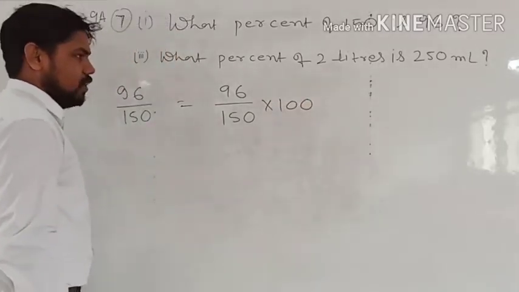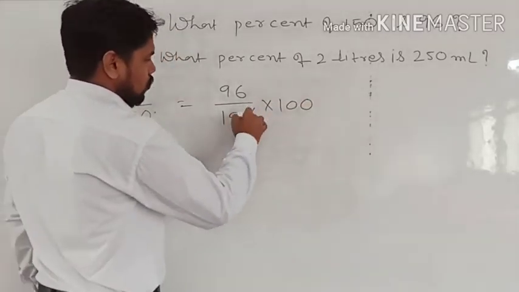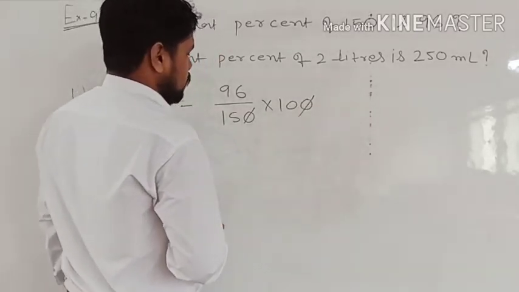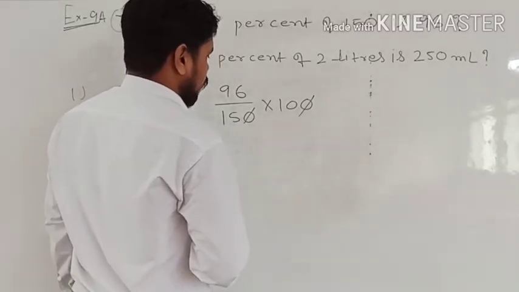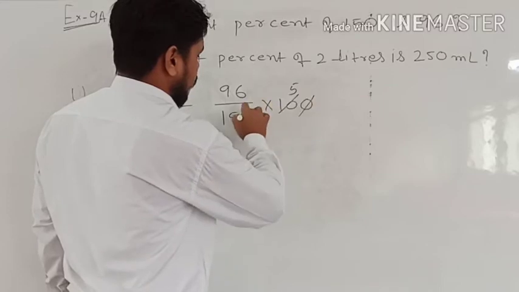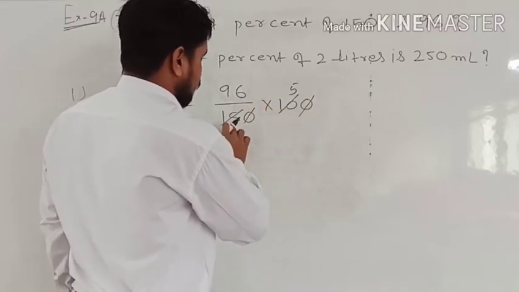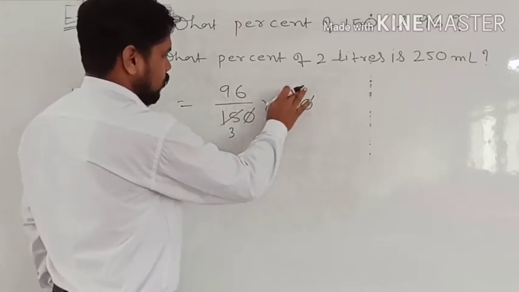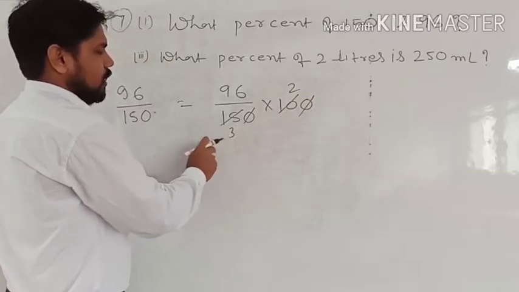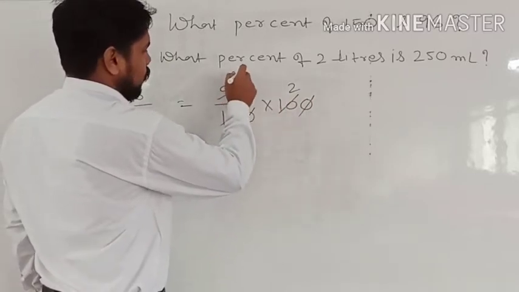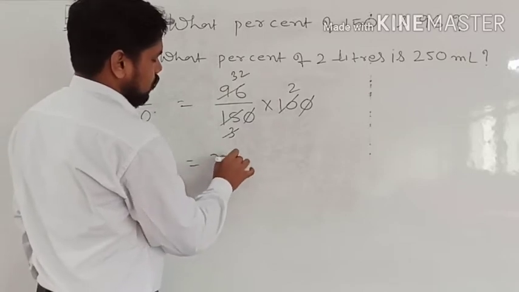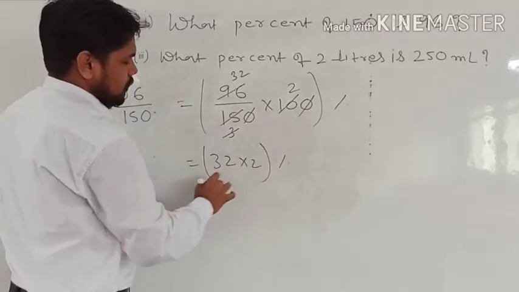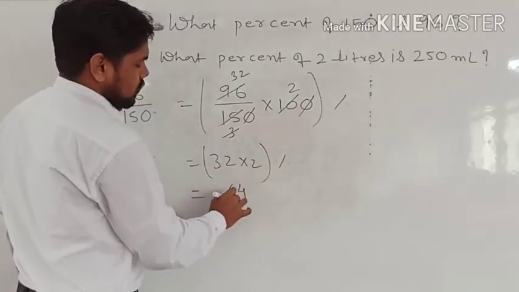The concept of converting fractional number into the decimal. So 0 will be cancelled. Then 15 how many times? 2 times 5 is equal to 10. 3 times 5 is equal to 15. 5 times 2 is equal to 10. So here 5 2s are 10 and 5 3s are 15. Then 3 3s are 9, 3 2s are 6. 32 multiplied by 2. Here we have to give the percentage sign. So 32 multiplied by 2 means 3 2s are 6, 4, 64%.